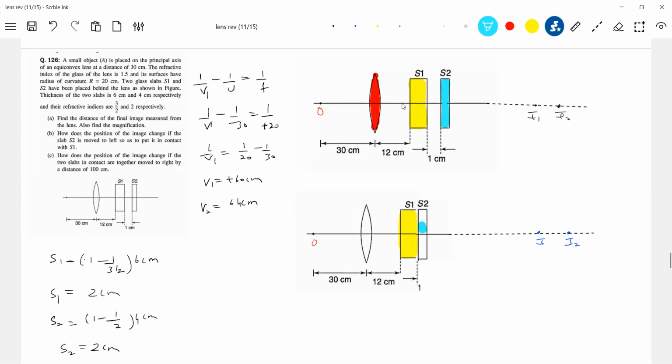Will anything happen to the nature of image? One more doubt. No. For the nature of image, the answer will not tell. You should take help of the ray diagram. Even the nature of image will not change. Am I right? So rather than asking a numerical, they trouble you with more than one option. So you have to be careful. That's why I just picked up this question.